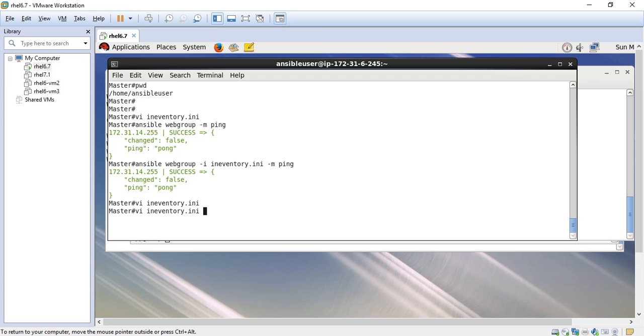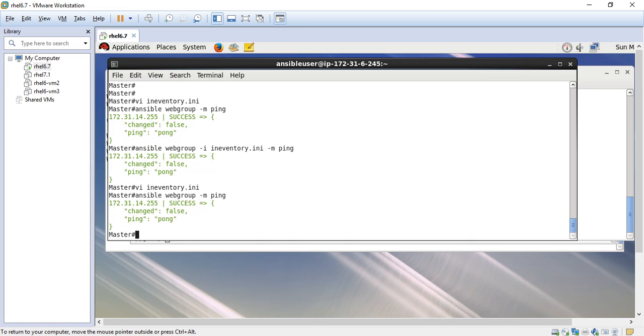Now if you see, first we have executed ansible web group -m ping. This will be using the default configuration file under /etc/ansible. So here now in this inventory, now we are asking to use only